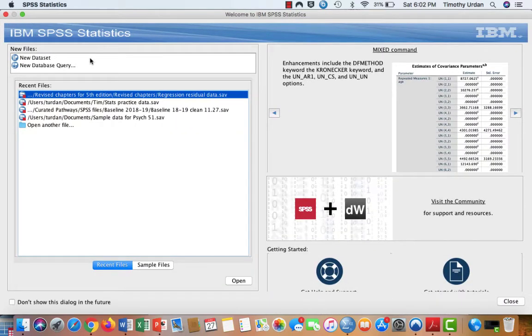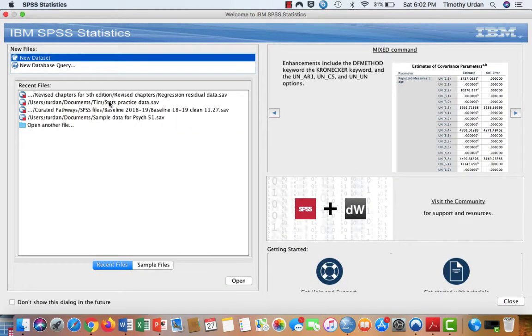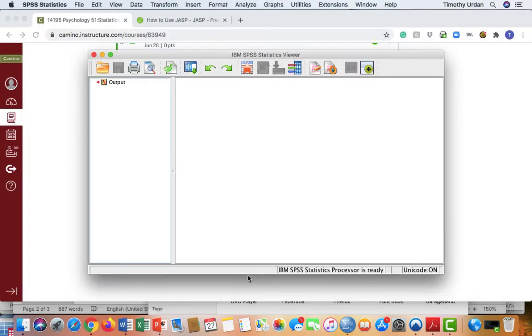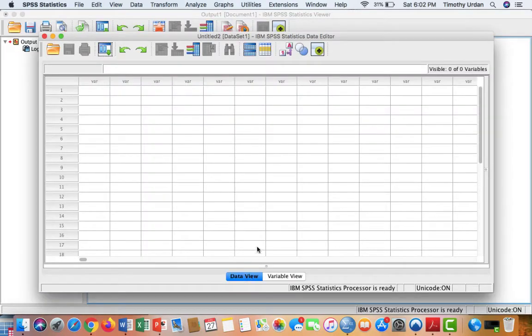And then click Open. It brings you to this page. This is known as the variable view. This is where you enter the variable names and labels and so on. We'll come back to that. Oh, it's taking a while. Okay. You want to be in the data view, and in the data view is where you can actually enter